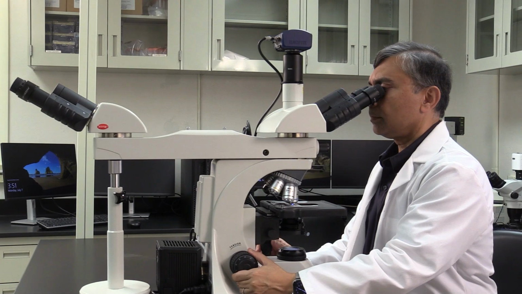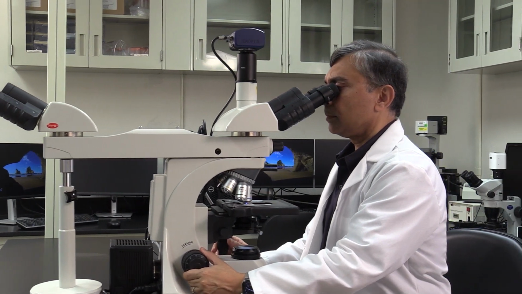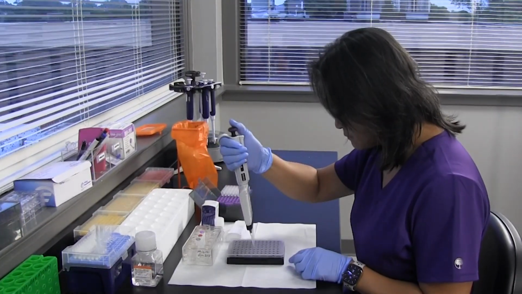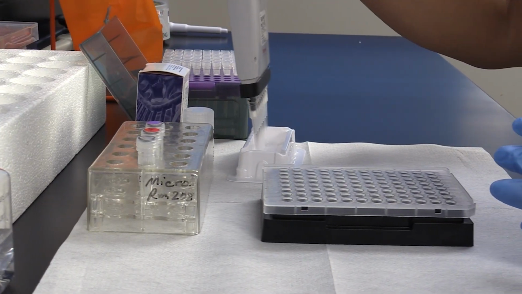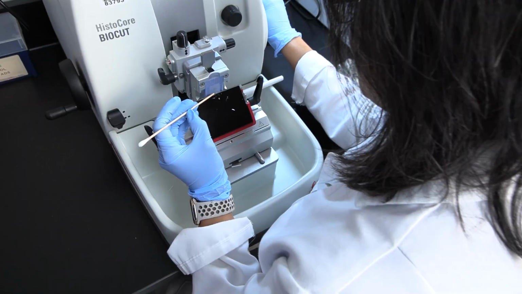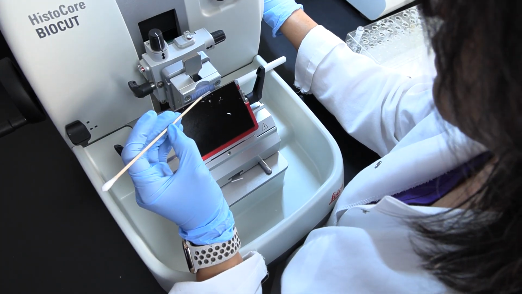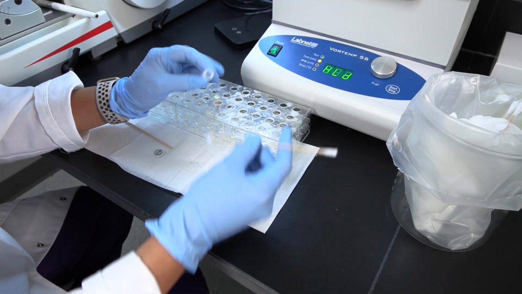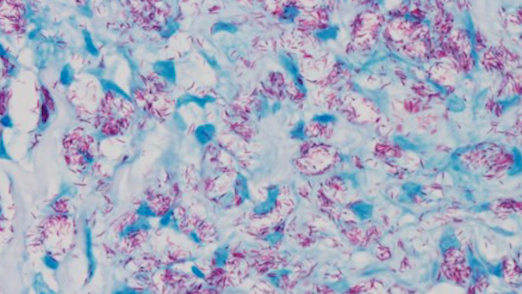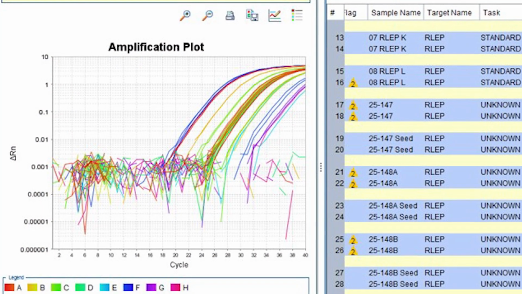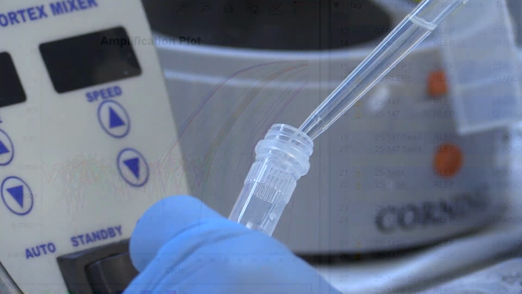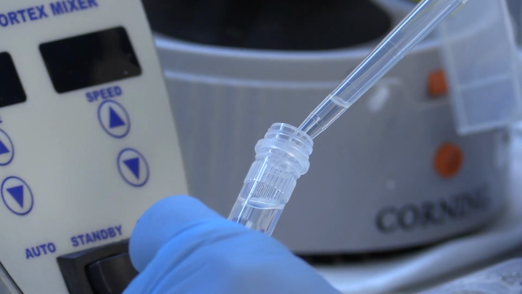The Clinical Diagnostic Laboratory at the National Hansen's Disease Program performs highly sensitive real-time polymerase chain reaction, or PCR, to help diagnose Hansen's disease, also known as leprosy. This test is mostly done on skin biopsies taken from active lesions, but a variety of other tissues can also be tested. The PCR test can distinguish between Mycobacterium leprae and Mycobacterium lepromatosis, the two bacilli that can cause Hansen's disease. Due to its high specificity and sensitivity, this real-time PCR test is a valuable tool for detecting extremely low